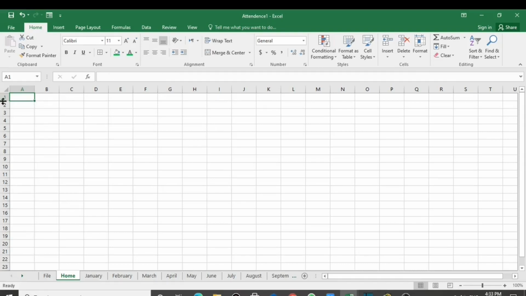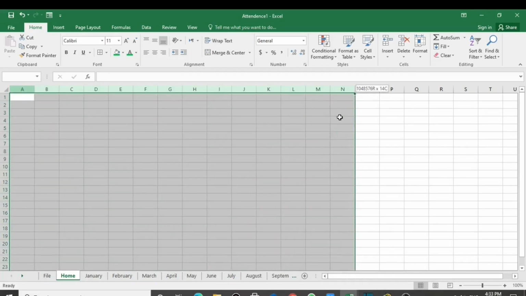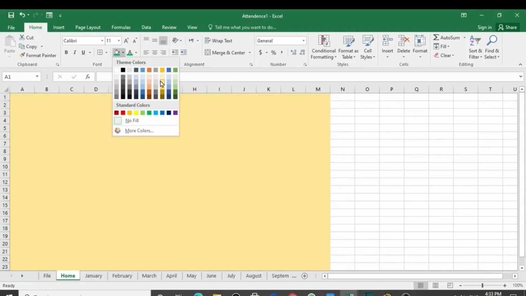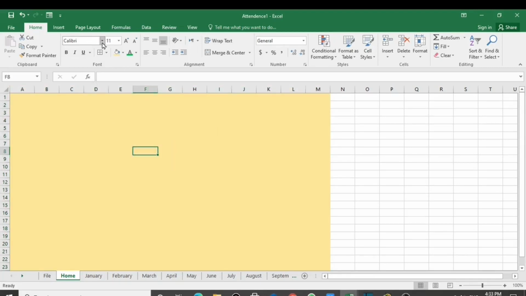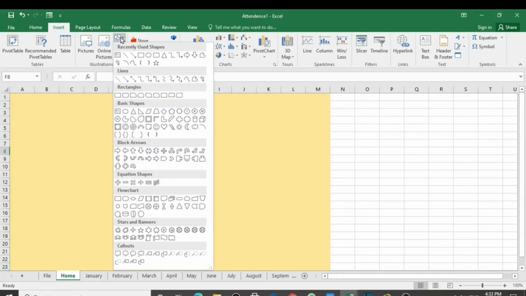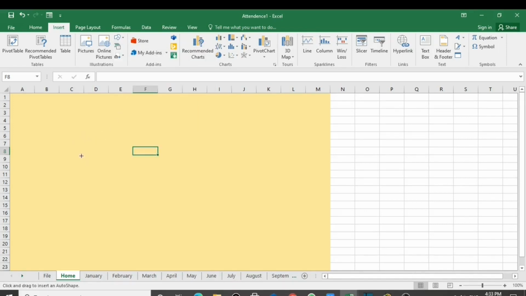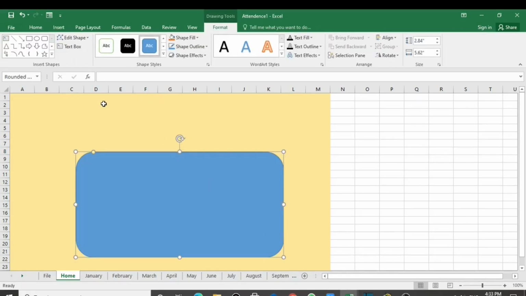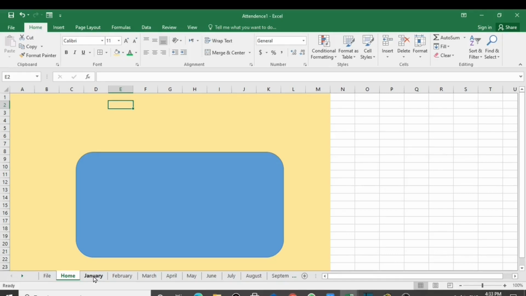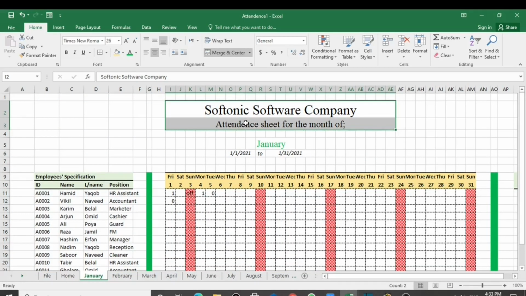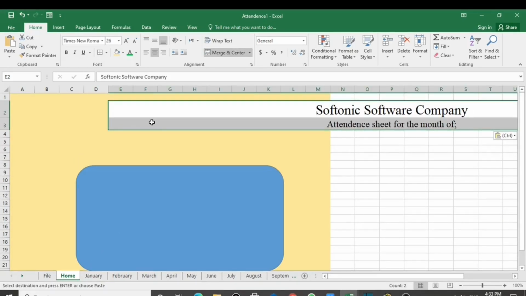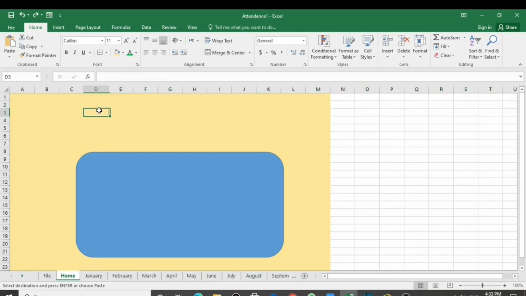So for that purpose, first of all you make some style here. For example, I select from here to here and I give a good color. This is my favorite color. And you add some shapes like this. Okay, here again you copy, you write the name of the company. I will copy from here, Control C and Control V. Okay, it doesn't work here because it's very far. Control Z, I will write it by hand,